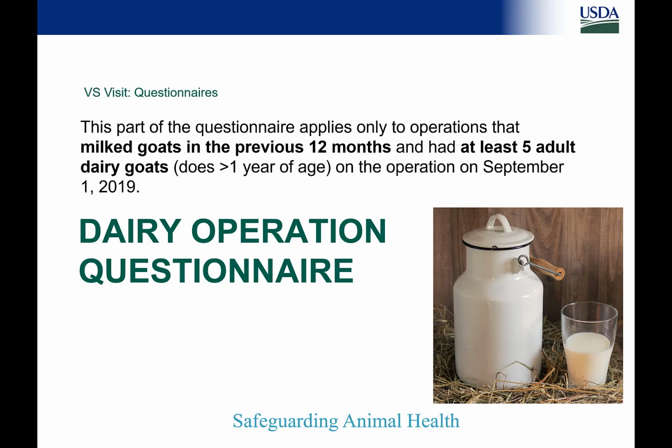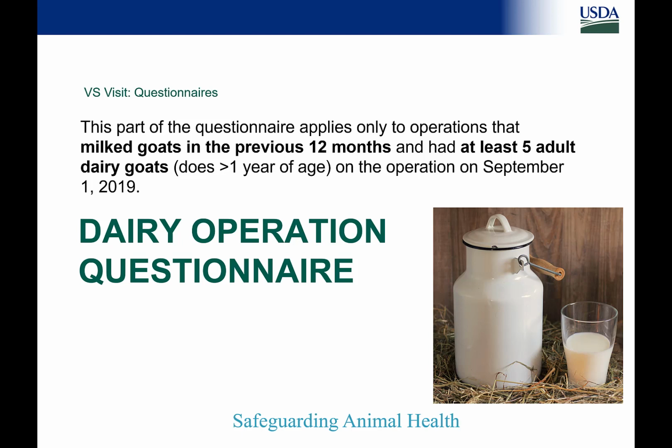So with that, starting with the dairy operation questionnaire, this flows right, it's attached right to your VS1. For all of the operations, you'll answer the first question: Did you milk any does during the previous 12 months? If they say no, you'll skip to the final section, which is the office use only section, and complete that. If they say yes, we milked a couple does, then you'll follow up with question 2, which is how many